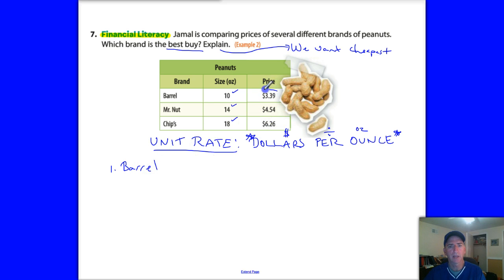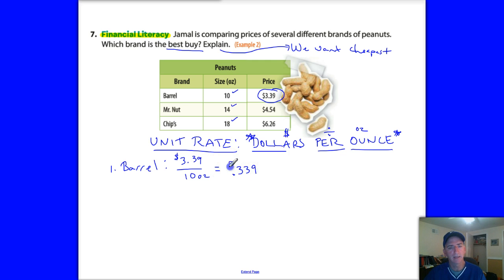So the first one is Barrel. His price is $3.39 for 10 ounces. So to find the unit rate, we're going to go $3.39 divided by 10. The reason we do it that way is because it's dollars divided by ounces, dollars per ounce. The labels will tell you what to do. You want dollars per 1 ounce, so you divide that up. That's actually pretty easy math for us here. 339 divided by 10 works out to be